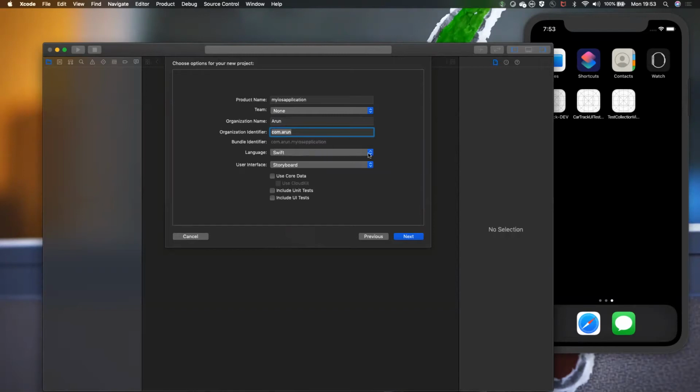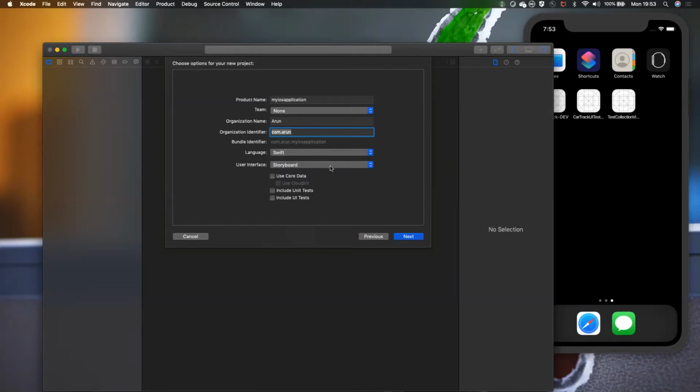And the language I am currently using is like Swift. There is one more language, Objective-C, but this one is outdated, so no one will be using this Objective-C. So in 2014, Swift was introduced, and from then we are using only Swift for iOS application development. And the next thing is like user interface. So we have like Swift UI and Storyboard. So Swift UI is the recent one, so they launched it this year. So I will be working only on Storyboard in this session.